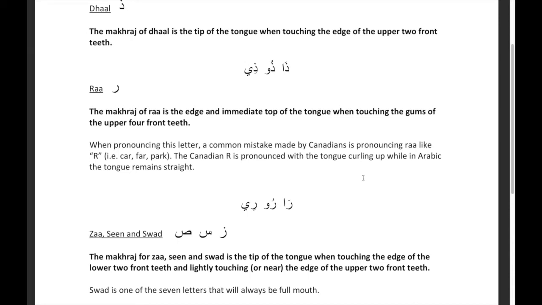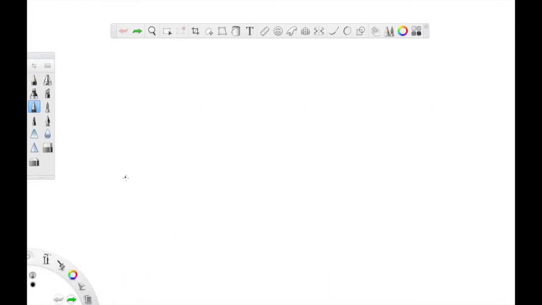The next letter is Ra. The makhraj of Ra is the edge and immediate top of the tongue when touching the gums of the upper 4 front teeth. Okay, so what is the edge and the immediate top of the tongue? This is your tongue, and so the edge would be this highlighted part right here, and the immediate top is fairly straightforward. It's just a little bit above your edge,